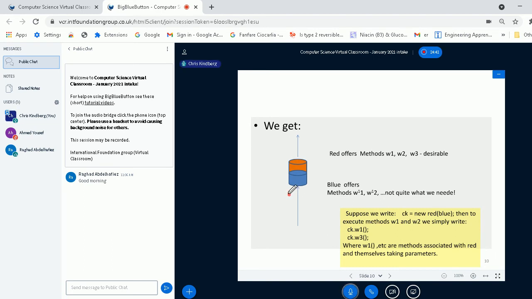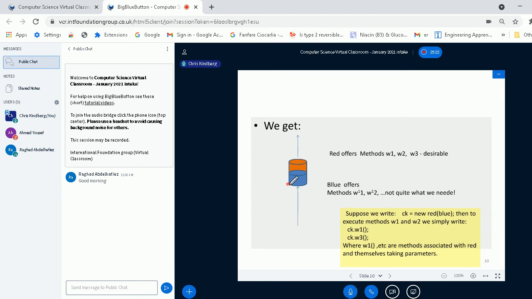Okay, so the point of creating this new composite object is simply to enable us to access more appropriate methods. For example, the blue object will offer us methods W1 and W2 here. It depends whether we're thinking about an output stream or an input stream.